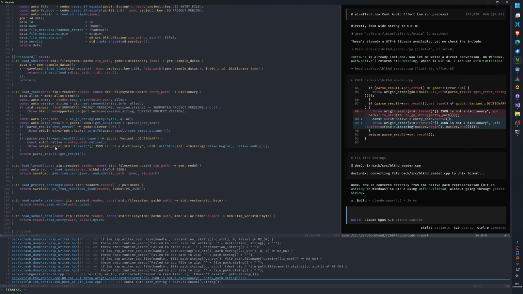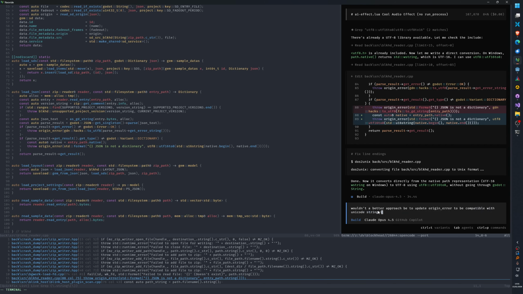I mean, wouldn't a better approach be to make the origin error compatible with Unicode strings?